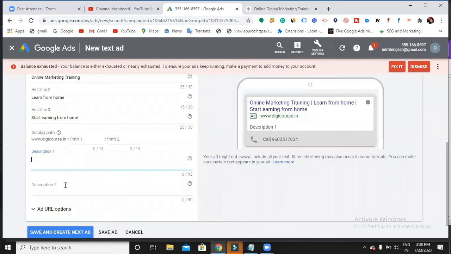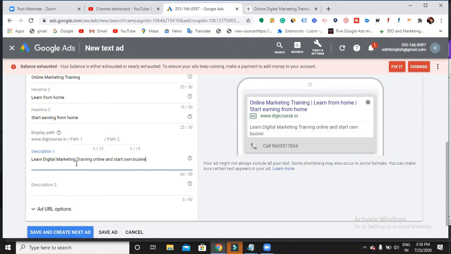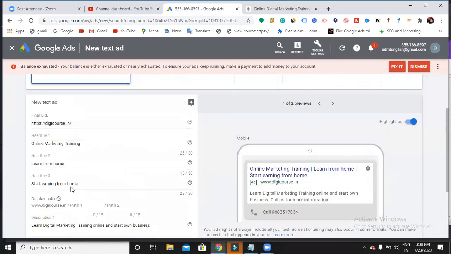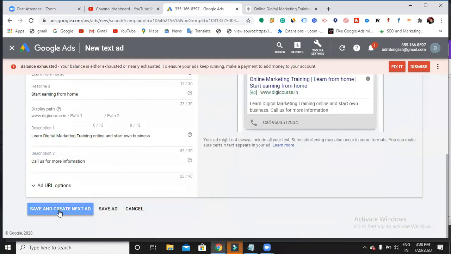So you know what this description 1 and description 2 are as well. Run ads. And save.